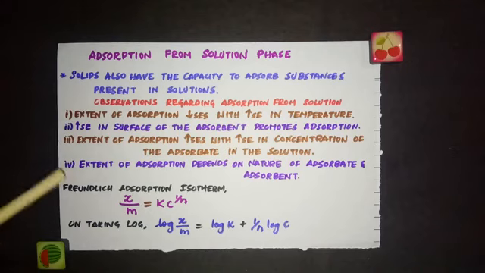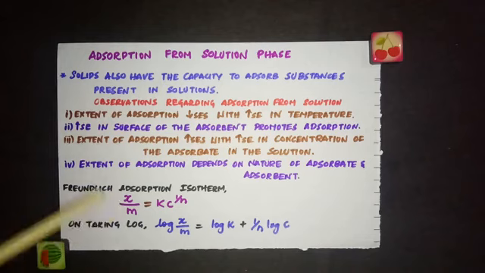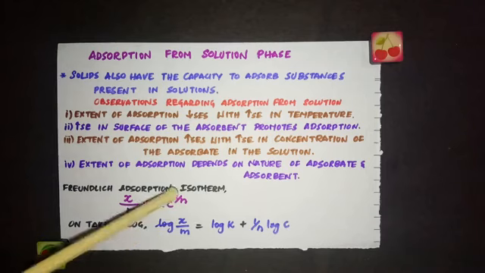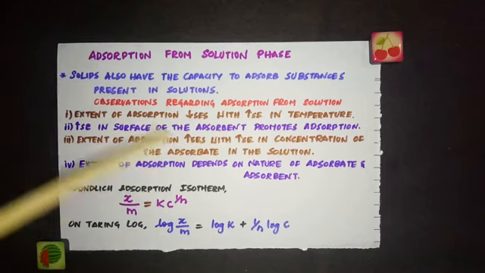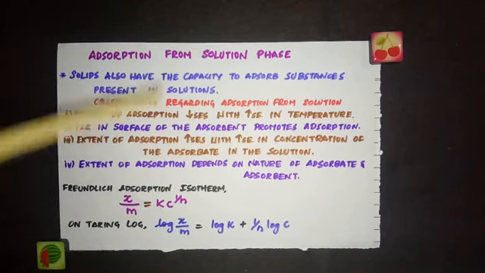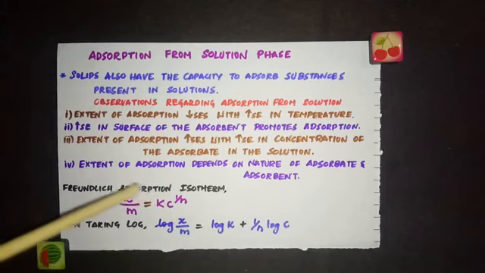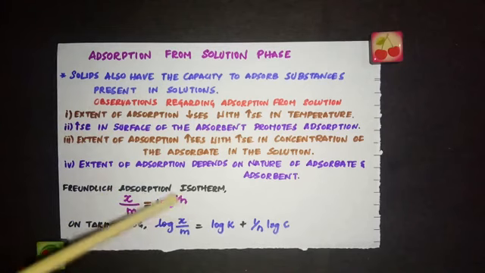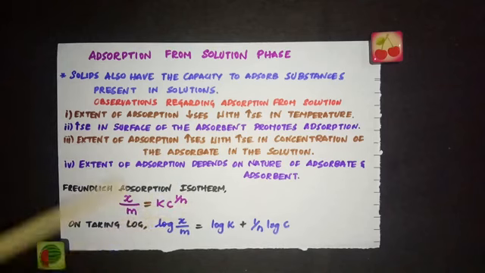When we apply Freundlich adsorption isotherm to liquid on solid, you can write this expression where pressure is being replaced by concentration, because we are talking about concentration of the solution. There we talked about gas, so we used pressure. Here we are talking about adsorption from solution phase, so we are using the term concentration. So this expression can be written as x by m is equal to k into c power 1 by n. The same way how we found k and n, you can do the same thing here also.